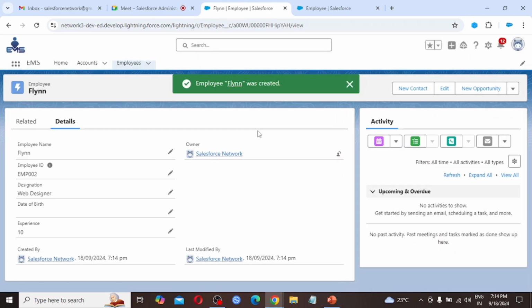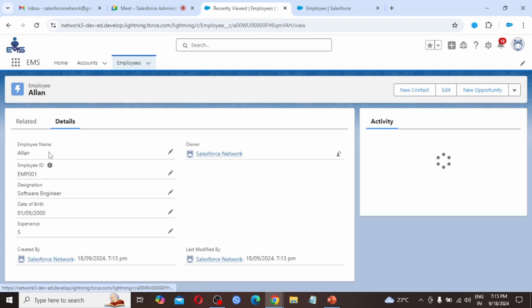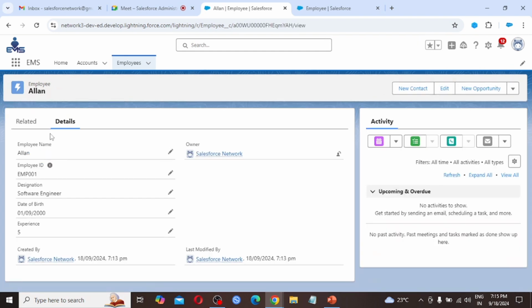So we have created two records for this employee object. Simply click here. Employee names Alan and Flynn, we have created two records. If we need the details of these records, simply click their names. Employee name is Alan, employee ID EMP001, designation is software engineer, date of birth is 1/9/2000, and experience is 5 years.